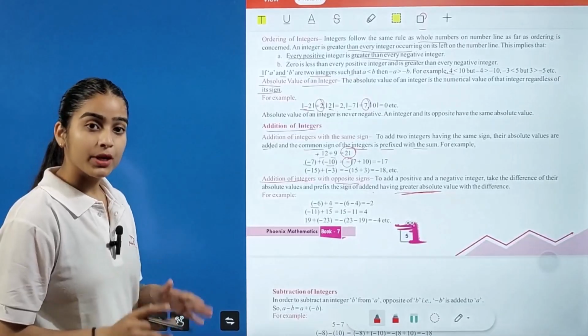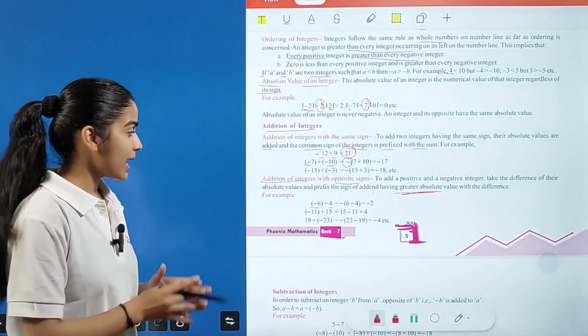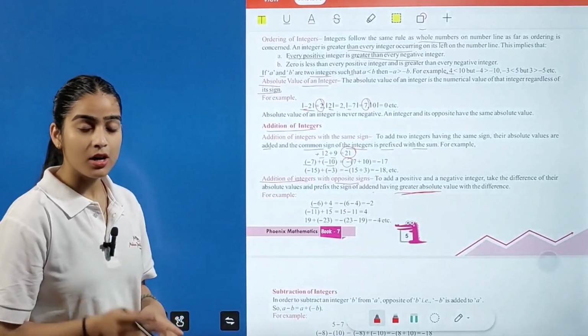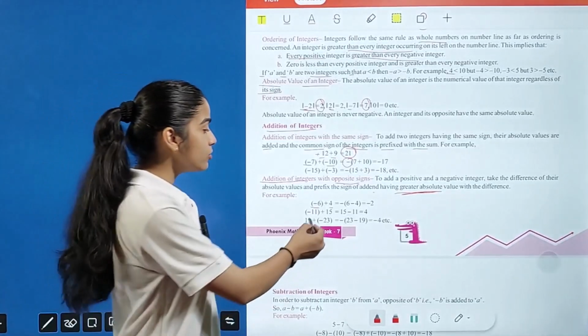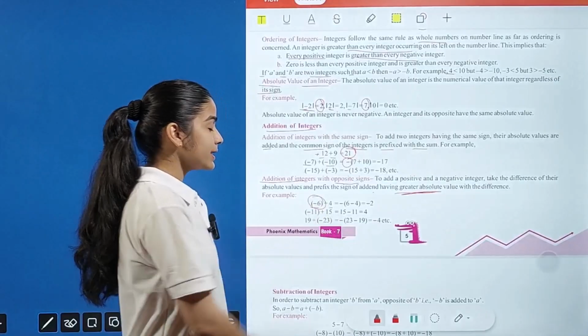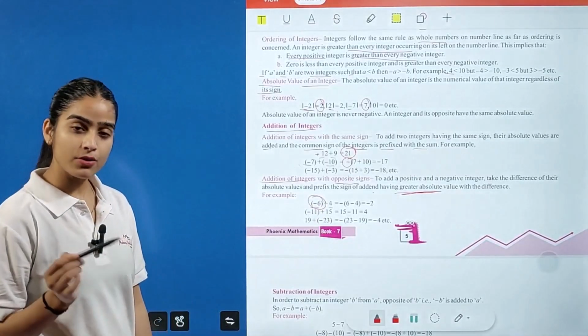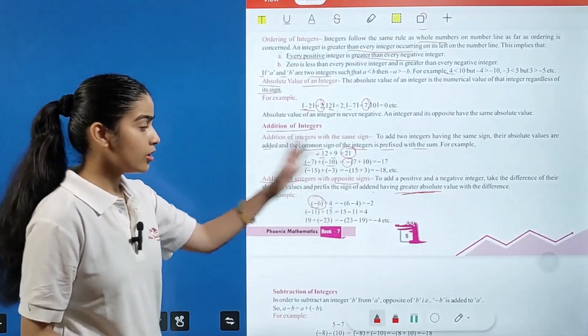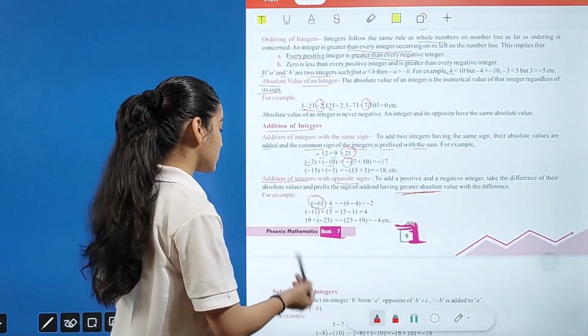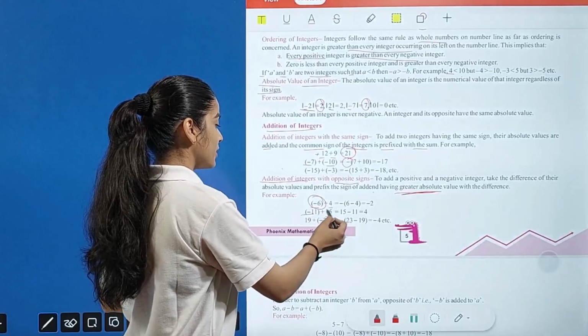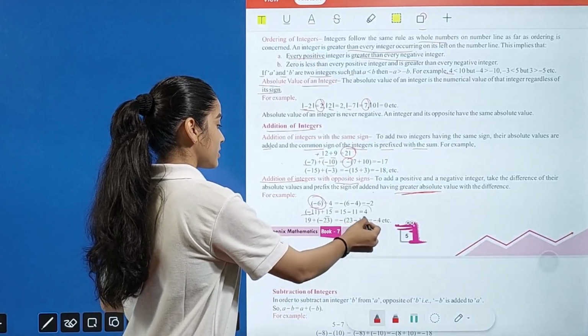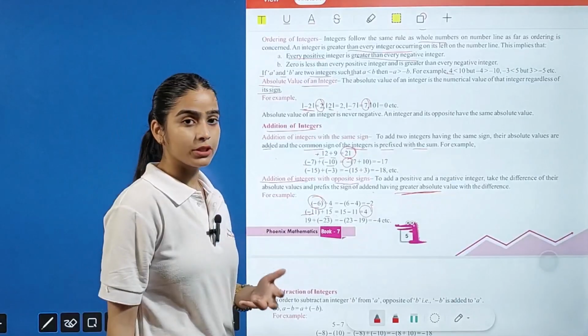Yes, you are right. But while we apply our operation over our integers, what we have to keep in mind is that we have to use the absolute value. According to absolute value, 6 is greater as compared to 4. So you have to use the minus sign with your sum. Okay, that is your answer. Now minus 11 and plus 15. So 15 minus 11, your answer is 4, and 15 is the greater absolute value,